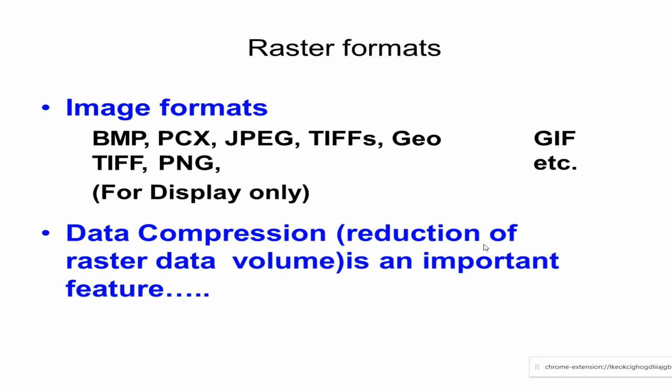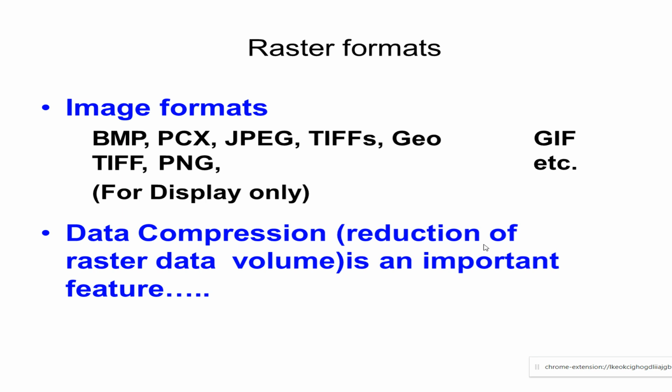Raster can be a TIFF format, GeoTIFF format, PNG, BMP, PCX. These are all formats of raster datasets, image formats. And data can be compressed for reduction of storage. When you collect one year of satellite imagery for one grid cell, and similarly for another tile or another grid, you will be downloading for one year. There are a number of grids, a number of raster resolution images,